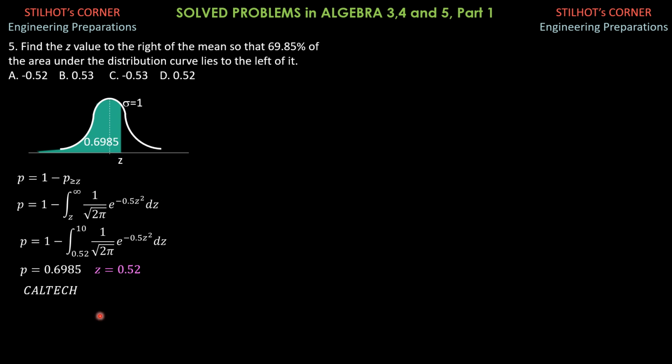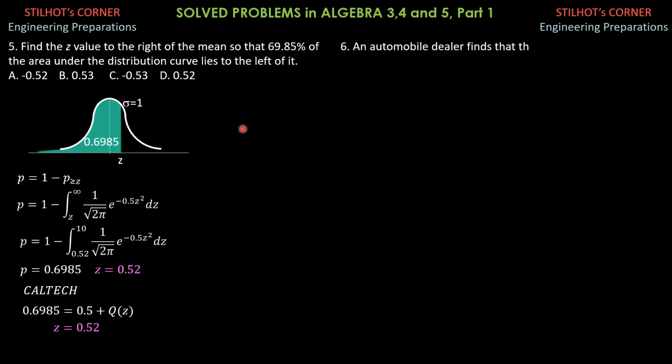So in other words, for the calculator part, 0.6985 equals 0.5, this area here, plus Q of Z from the calculator. So choose 0.52, and because they are equal, then Z is really 0.52. So that's it for the calculator technique, so that you don't need to memorize the distribution factor for this standard normal distribution. With standard normal distribution, of course, the standard deviation is automatically 1.